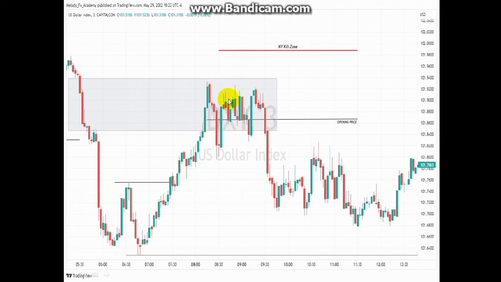So now, as you can see, price was just consolidating, and I didn't do anything throughout this. I was just watching price, I was watching this old low. I was waiting on price to take out this old low to confirm that price had shifted in structure bearishly. And that was what happened right here. Price smashed through aggressively. So price took out this short-term low, and I knew it had shifted in structure